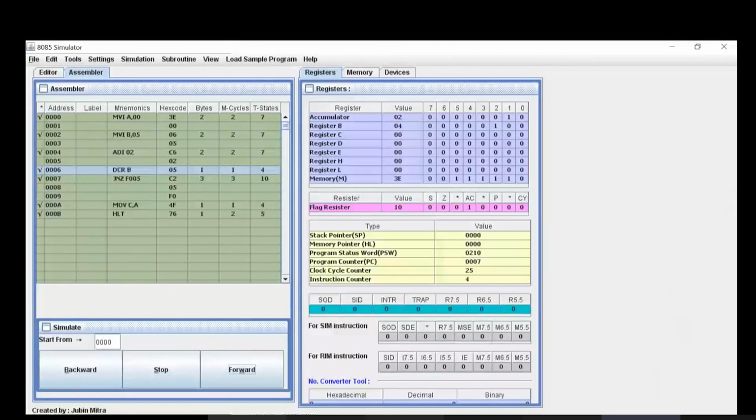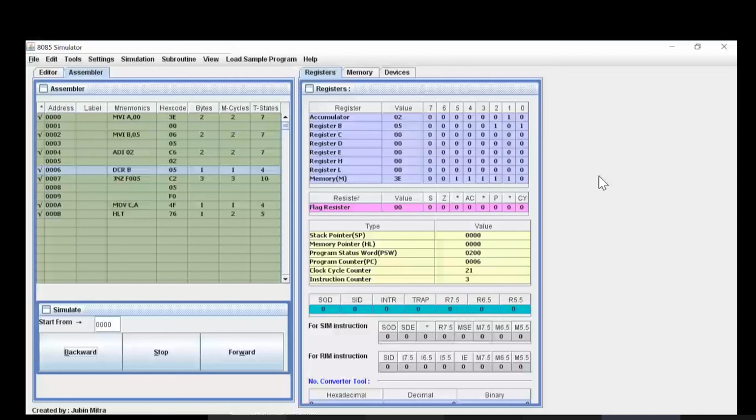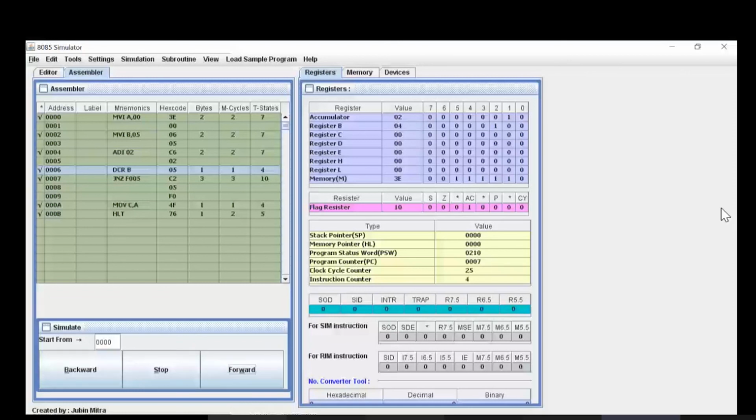Can you go back? Look at how the value of register B, it was 0, 1, 0, 1, the last 4 bits. I'm reading off the last 4 bits, students, of register B. Please look there. Now click forward. Now you can see that the value 5 is now becoming 4. We are decrementing it. Click forward, Harish. Yes, there you go. The register B is decremented.